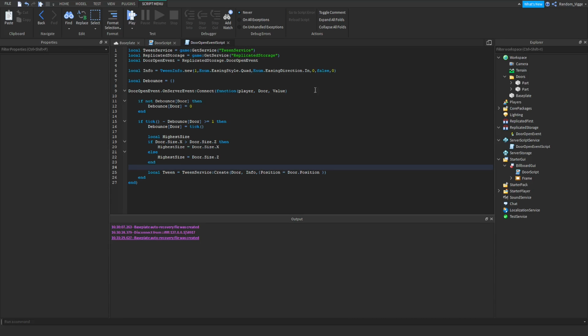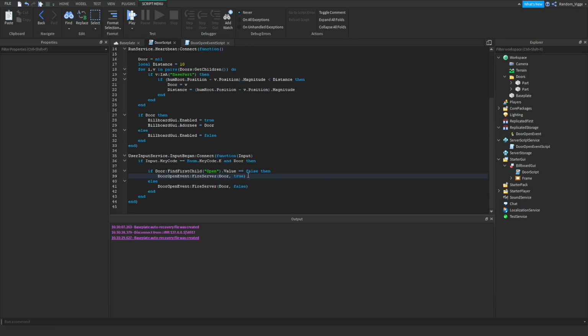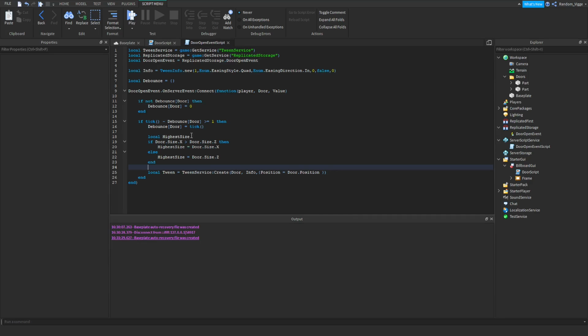Actually, we're gonna check the value. So, like I mentioned earlier, if this value is equal to true, it's gonna open. If it's equal to false, the door is gonna close. So we're gonna check if value, since we have that included there. Then the tween is gonna open. So position is equal to door.position plus, because now the door is gonna open,